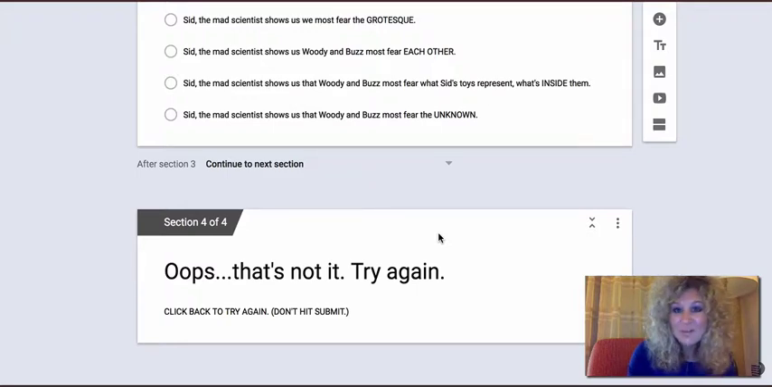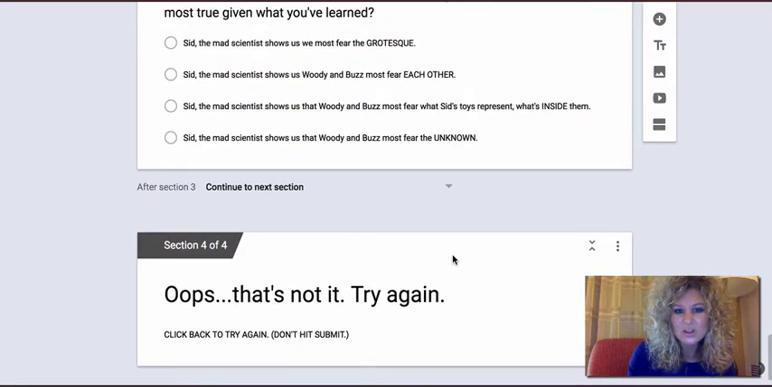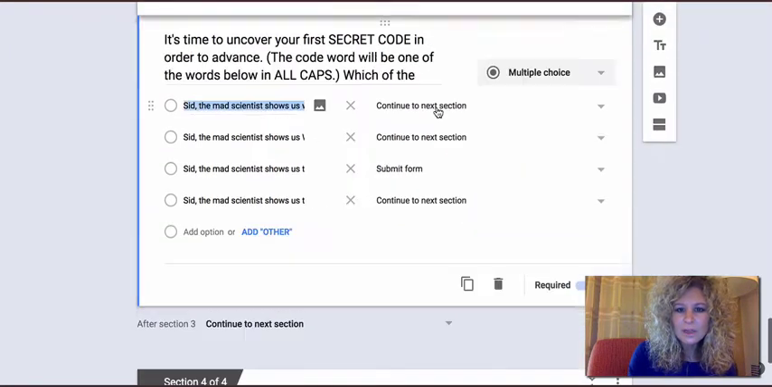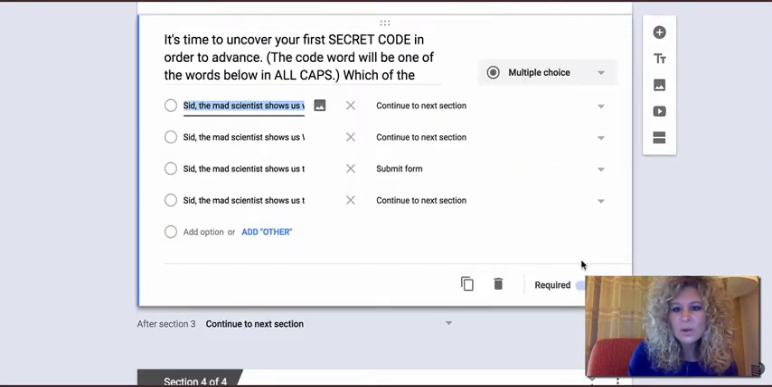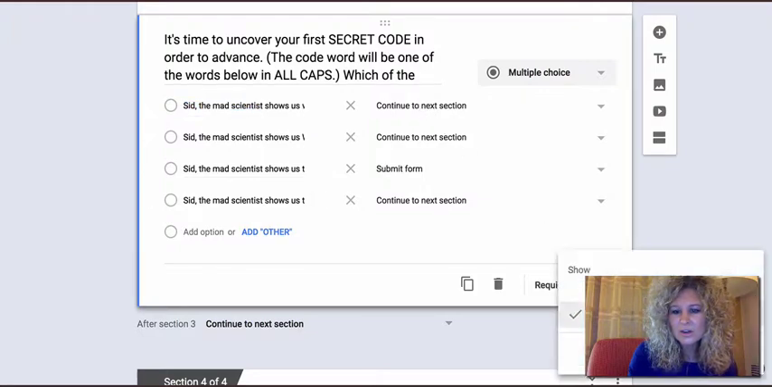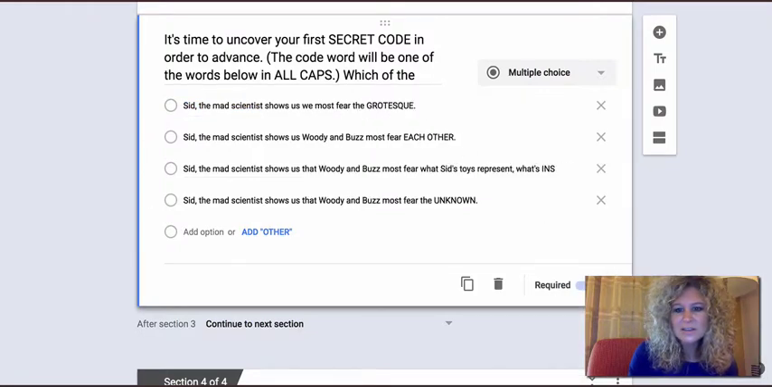So not everybody is going to see section 4, but I'm going to have this kind of as the default at each module, so that if they don't get the right answer, I have a way to send them back. So you're going to create this section 4, oops, that's not it, try again, or some version of that. Then I'm going to come up here and show you. So once I've created that section, remember I'm going to go down here, click on go to section based on answer,